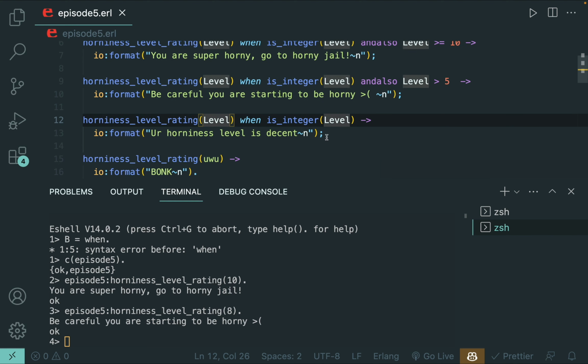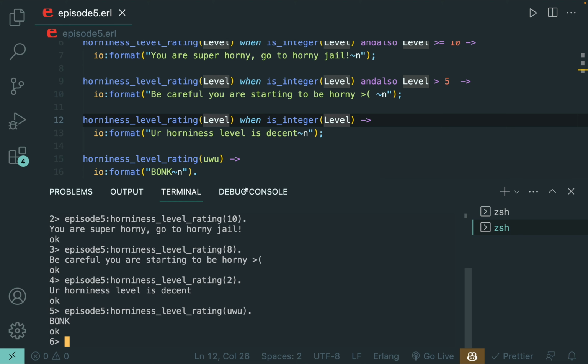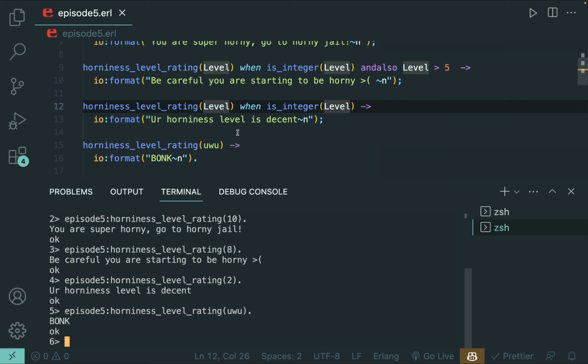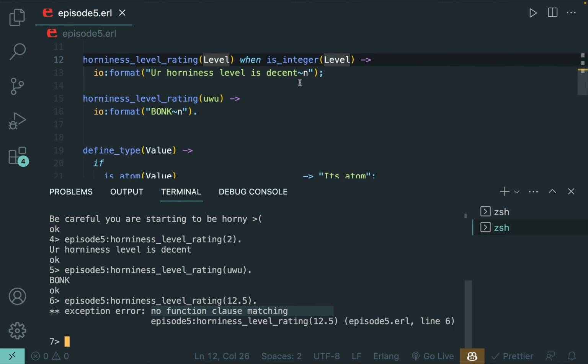Nice. Now let's try an even lower number. Let's try with 2. And yes, "your horniness level is decent." That's correct. Now let's try to put uwu, and we got bonked, and that works just fine. Now let's try to put something which is not an integer and not uwu, and we got an exception error: no function clause matching, episode 5, horniness_level_rating 12.5, and that's true,